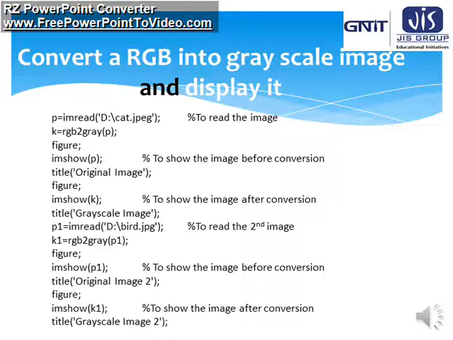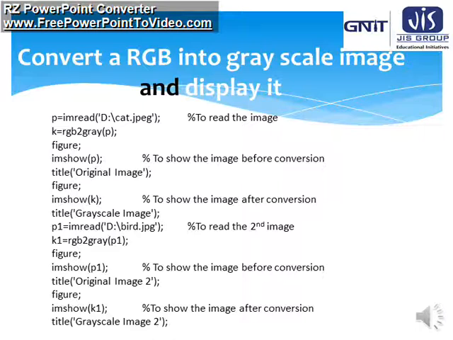So we can show the image before the conversion, as well as the image after conversion. If we don't use figure but only use imshow, it will show one image at a time, not two images simultaneously. If we take another image, suppose bird.jpg, similarly we do the same process. First we take a variable, in which we store the image using the function imread. We have to give the path, the name of the corresponding file, and its extension.